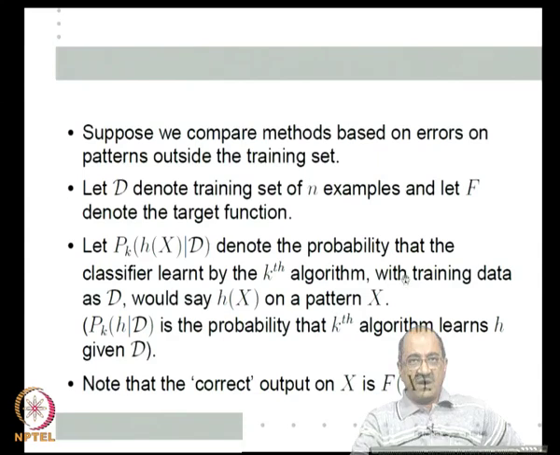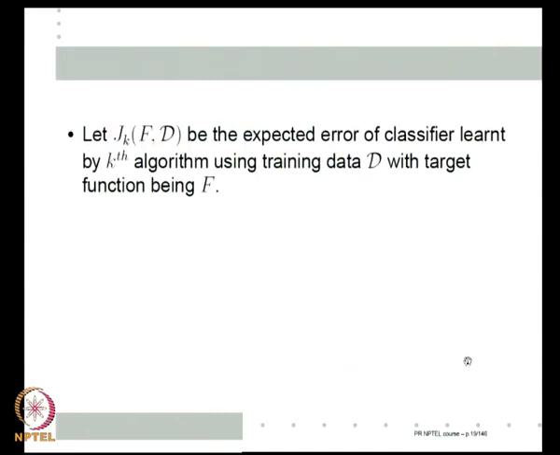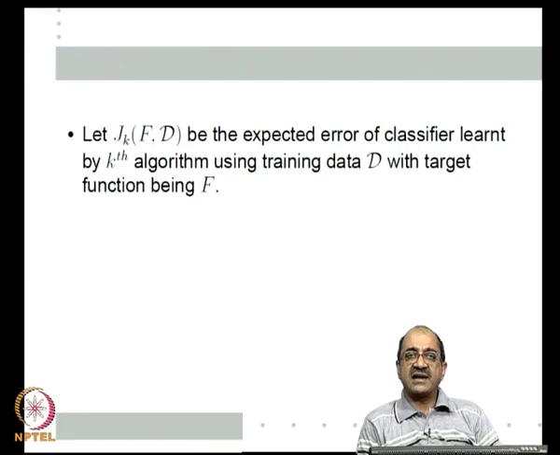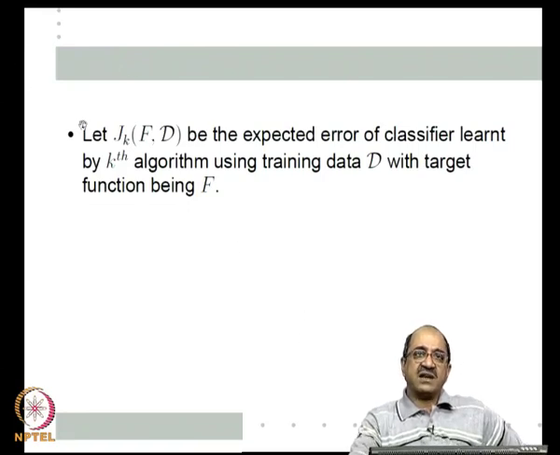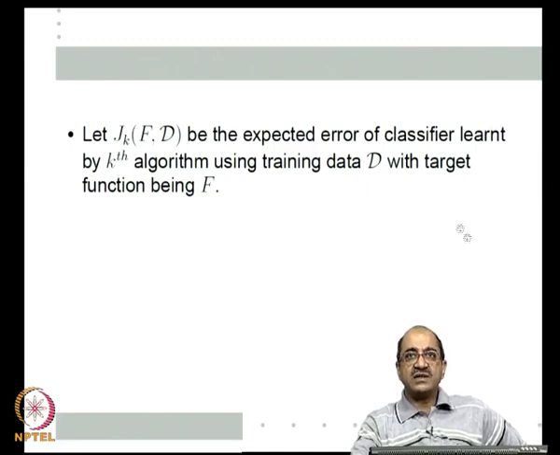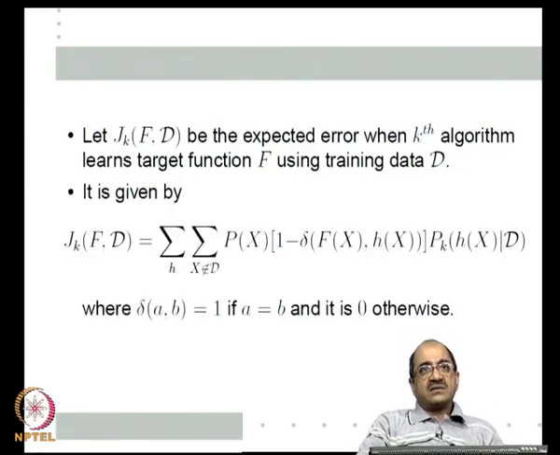Now, of course, given an x, my learning algorithm will say h of x with this much probability, whereas the true output is f of x. So, how can I define the error? Let us say J_k of f comma D, k is for the kth algorithm, the target function f is fixed, the training data set D is fixed. So, for a particular target function f, given a particular training data set D, with the kth pattern recognition algorithm, let us say J_k of f comma D is the expected error of the classifier learnt by the kth algorithm using training data D with target function f. Okay. Now, how can I give this? J_k of f, D